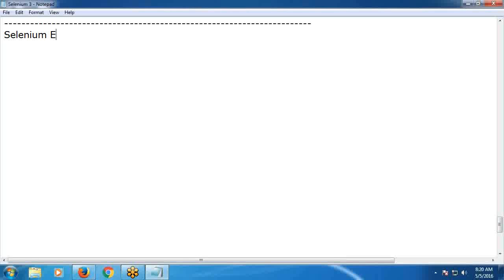Selenium environment setup. Selenium environment setup. See, it is only theoretical explanation. In practical chapters, I will show how to install or how to configure Selenium. Okay. See, before configuring Selenium, first choose